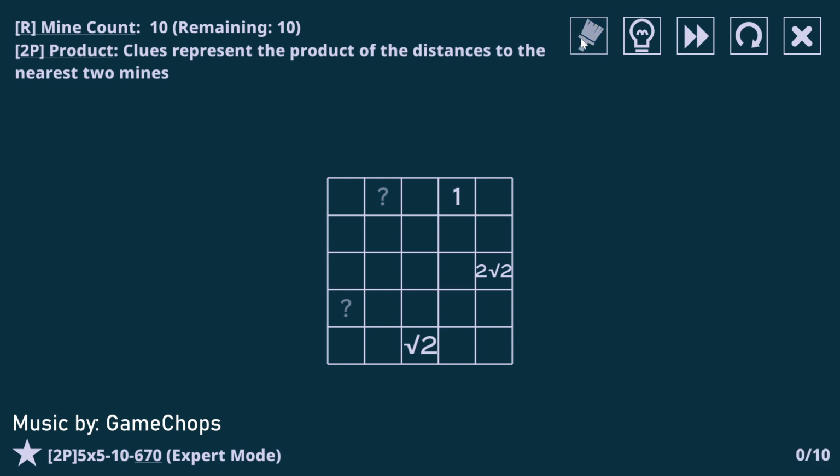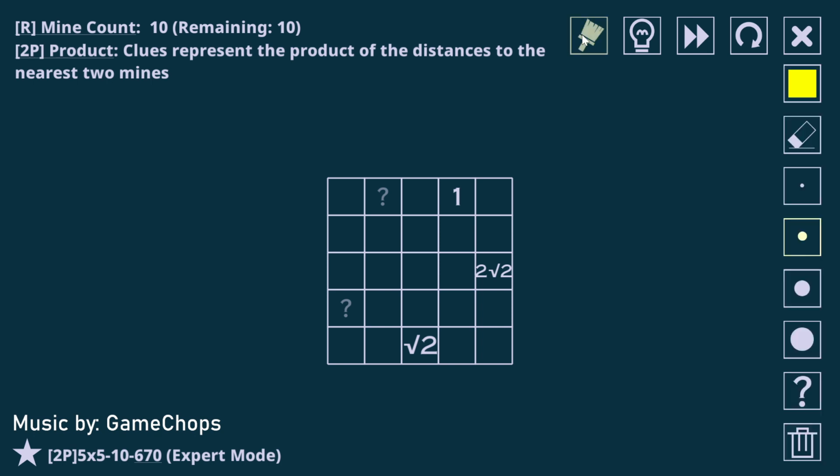Is a 1 always a 1 times 1? I want to prove that a 1 is always a 1 times 1, and how I will do that is assume 1 is the product of 2 distances. One of them is a square root of something. Let's say square root of circle or something, because I don't want to draw variables here. Well, what would the other one have to be to make this work? Well, the other one would have to be 1 over that square root, right? Because they have to cancel out in the product to give you 1,